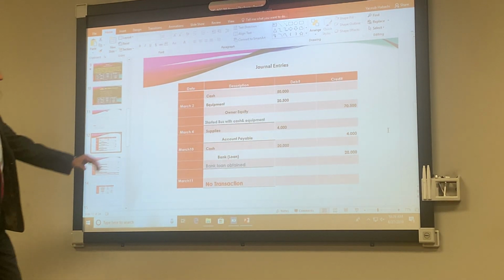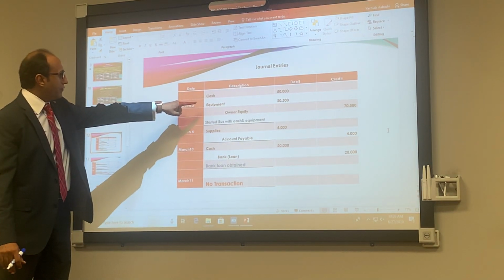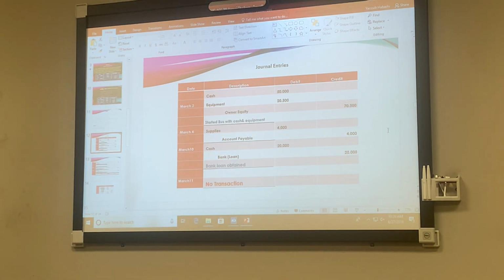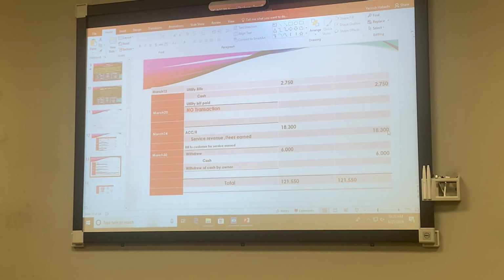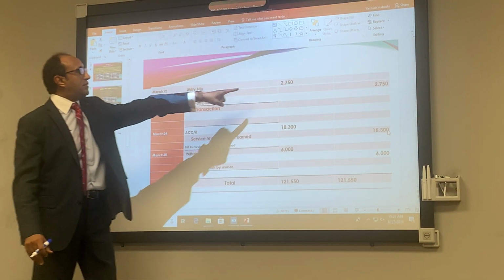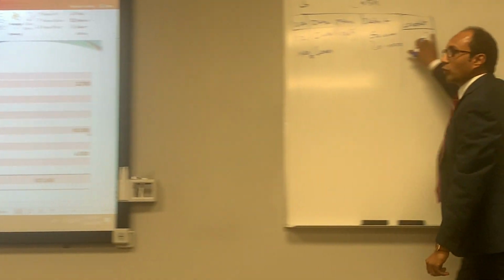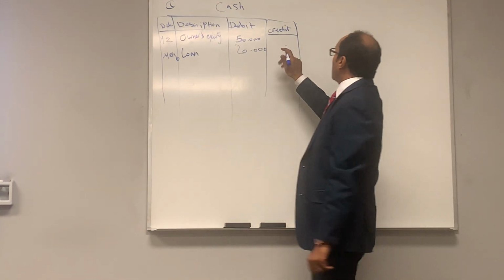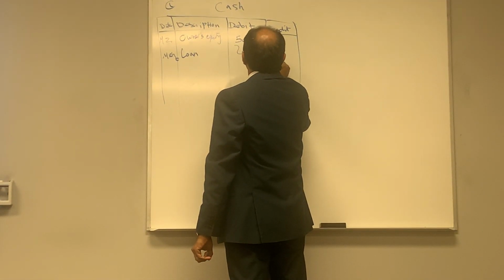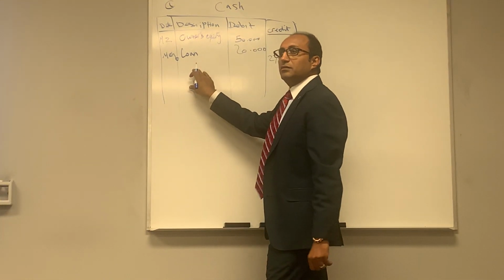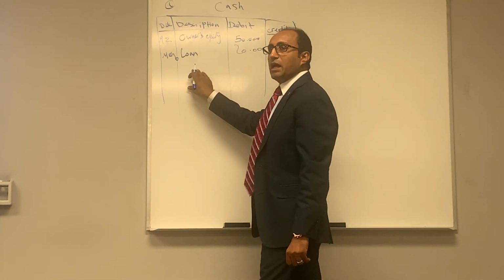So, cash in the credit side. Where is cash in the credit side? There. By 2,750. So I will go in this side, 2,750. What's the account? Who can tell me what's the